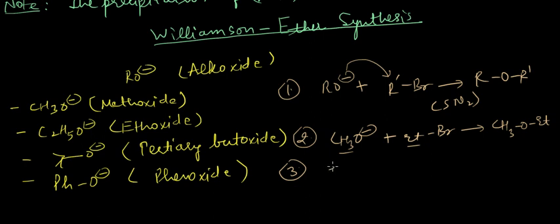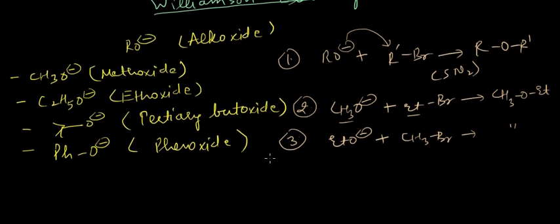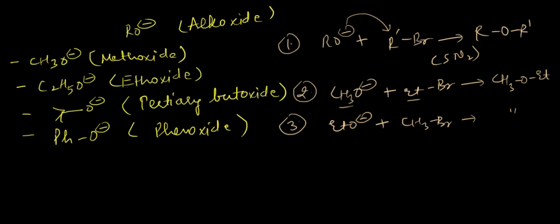And if we have something like EtO minus reacting with CH3Br, then also the same product. Okay, so when phenoxide or alkoxide reacts with alkyl halide to form ether, this is known as Williamson's ether synthesis. So let me write it more formally,